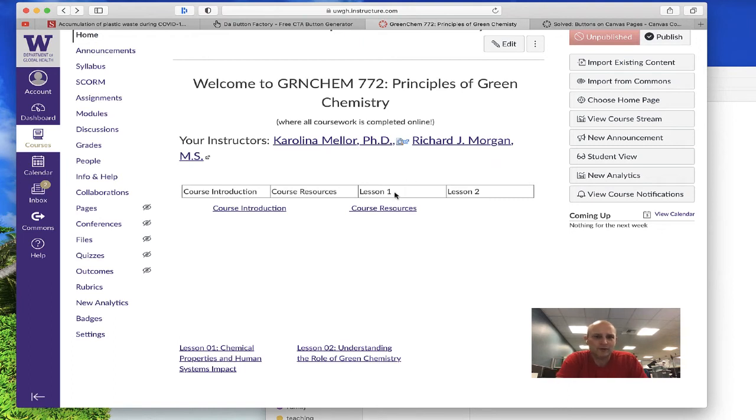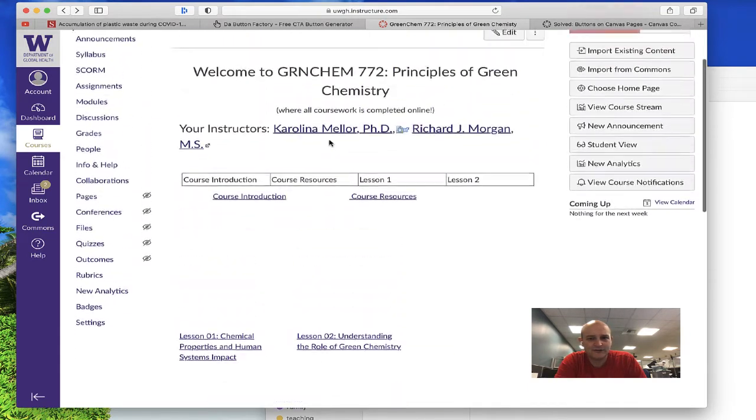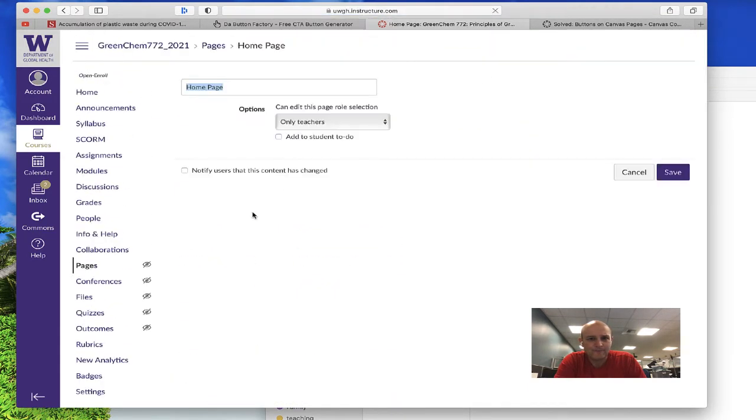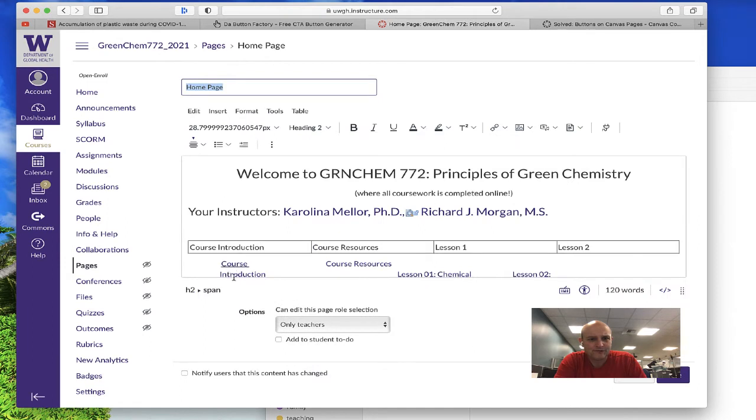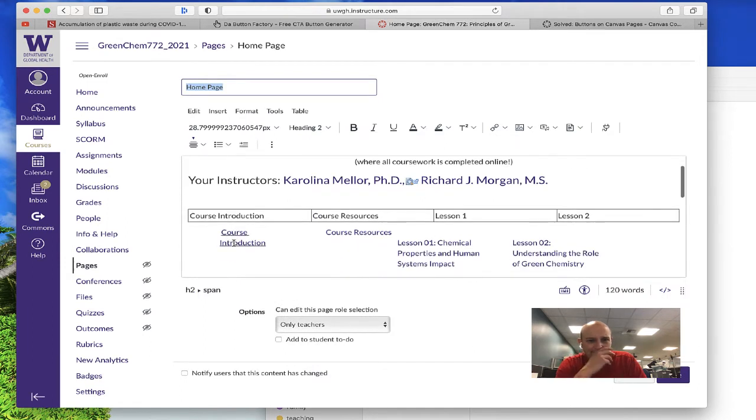Hi, here's a couple quick ways to make buttons. So you see in this course I have some links here that already exist, and I'm going to make some new ones. So just to show you where we're going to edit this, we're going to go to Edit, and you can see that these, because they get underlined when I highlight them, are hyperlinks, and they go to corresponding pages. But we're going to click this button over here